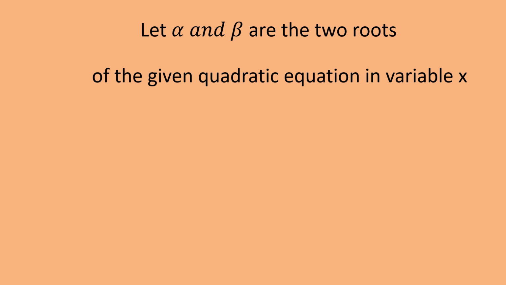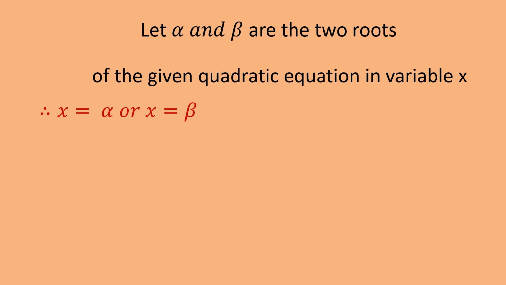of the quadratic equation, and they want you to form a quadratic equation with variable x. The variable can be given anything, but at this moment it is given x to us. So x equals alpha or x equals beta, as alpha and beta are the roots. I hope you remember alpha and beta are the solutions of the given equation. That means they are satisfying the equation.